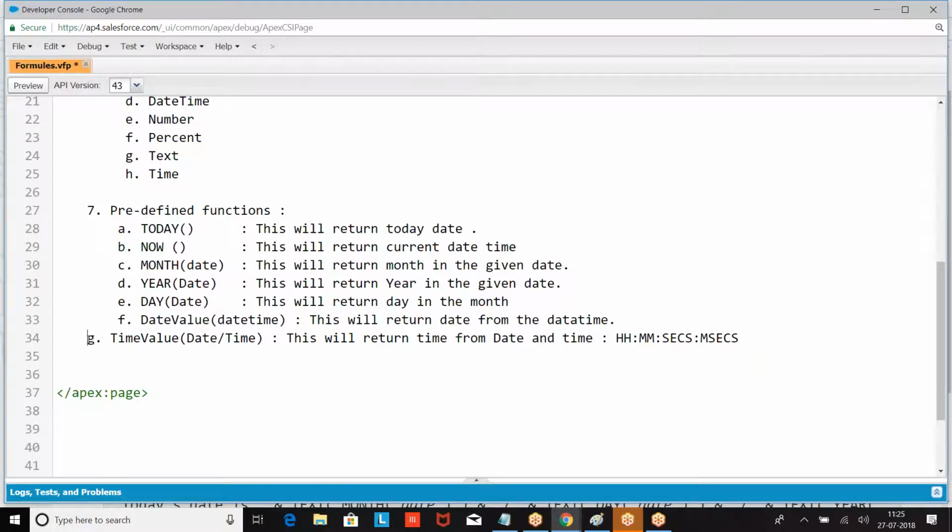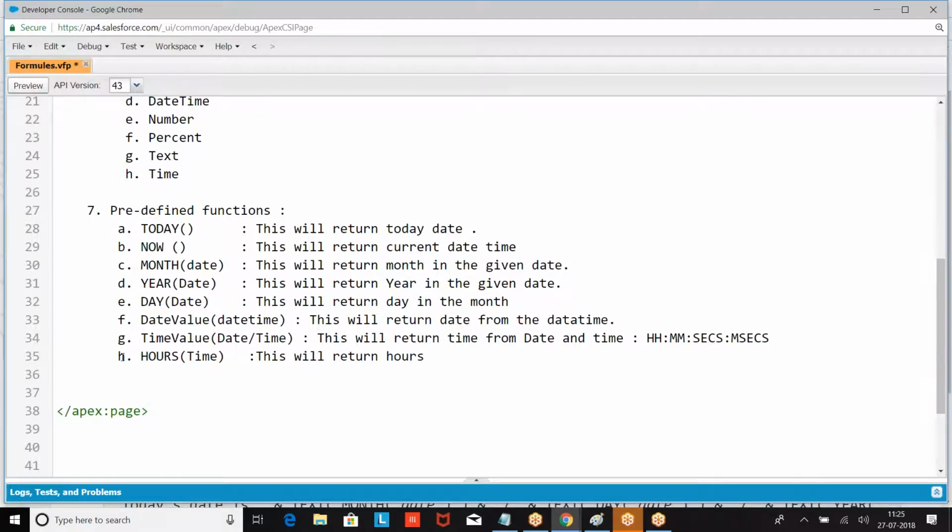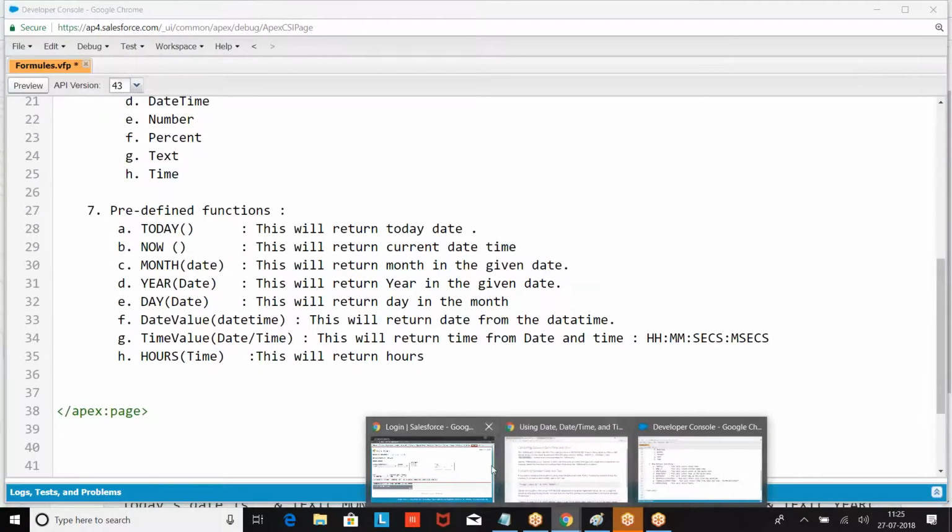Now, from this again, if you want to get hours, minutes, this all you can do, seconds and milliseconds. Then let's come back to the next one.